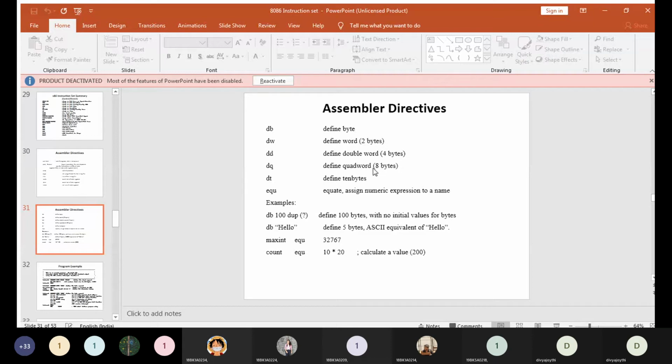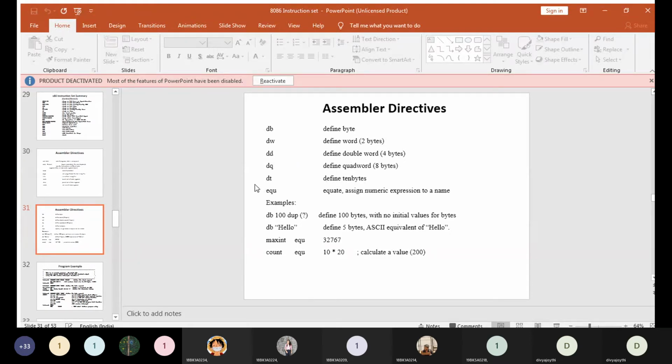So whenever you are passing information with this particular assembler directive, that information will be saved in a space of 8 bytes. In this way, assembler directives help the processor in allotting memory space when the assembler is converting an assembly language into machine language. These directives provide information about the location, how much space it needs to be saved.